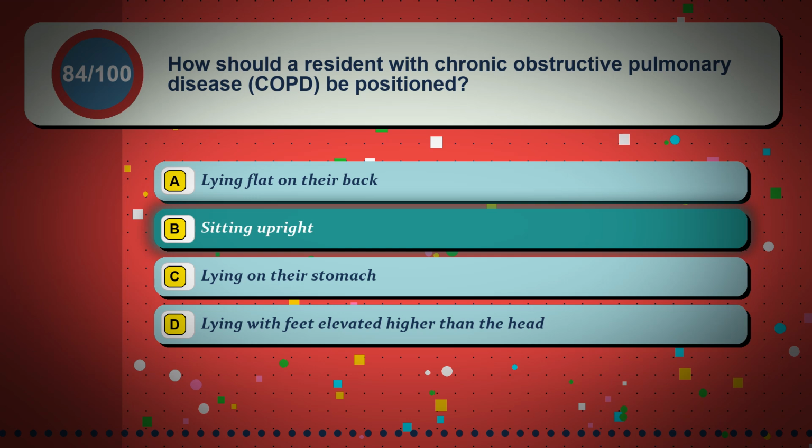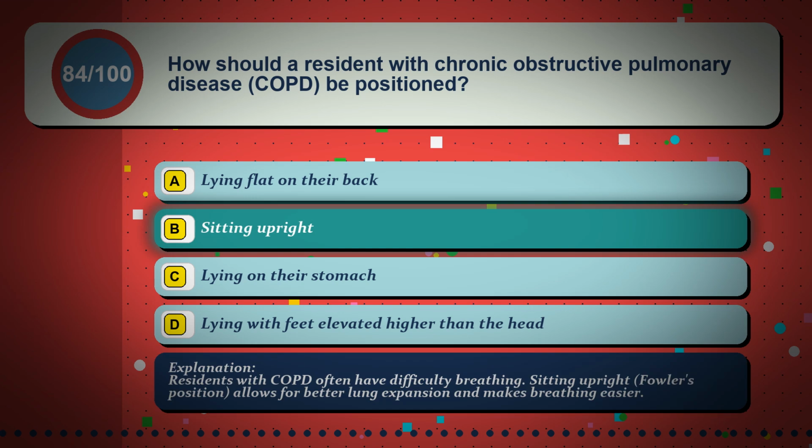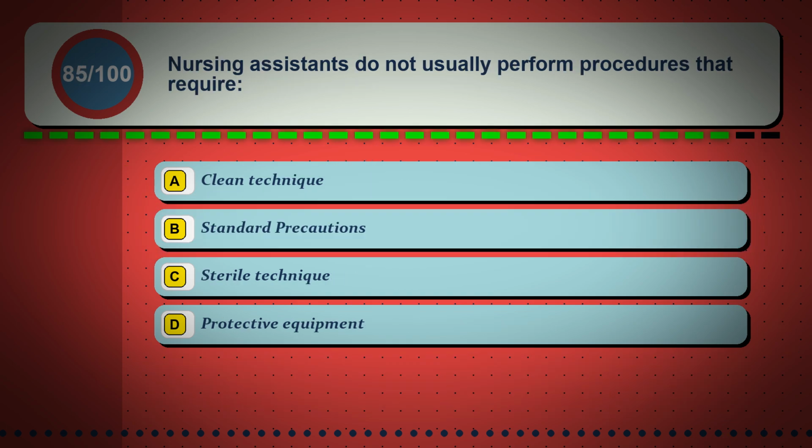The correct answer is option B. Sitting upright. Residents with COPD often have difficulty breathing. Sitting upright, Fowler's position, allows for better lung expansion and makes breathing easier. Question 85. Nursing assistants do not usually perform procedures that require